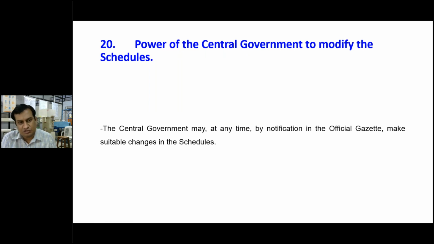Then rule number 20 is the power of the central government to modify the schedules. So there are 12 schedules mentioned under this MSIHC 1989, and the power of the central government is to modify these schedules. They can modify the titles, the numbers, the detailed information or the parameters which are involved under these schedules. So the amendment or the modifications can be done with the help of the central government or the Ministry of Environment and Forest. So these are the 20 rules under this MSIHC rule 1989, and